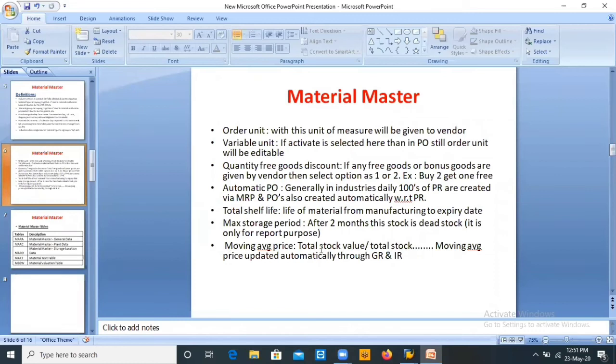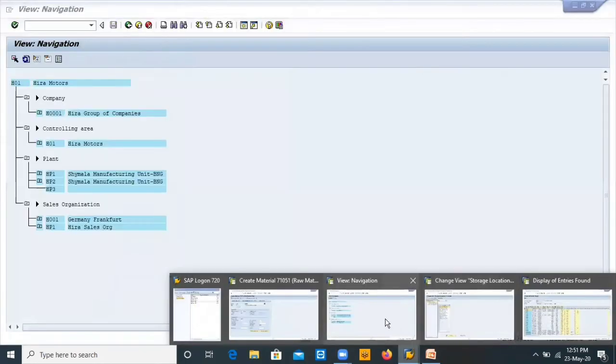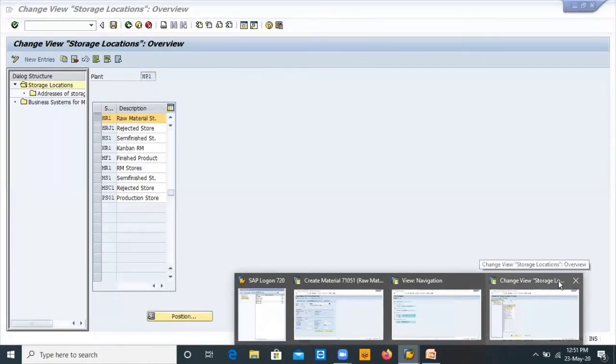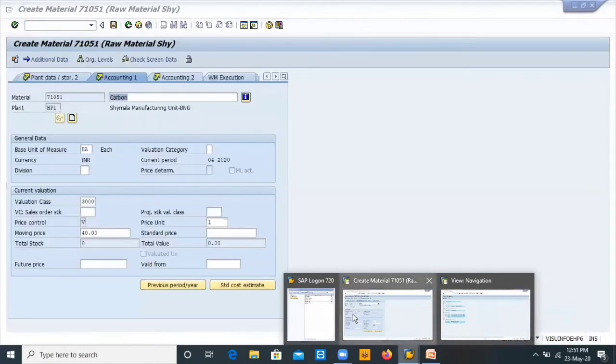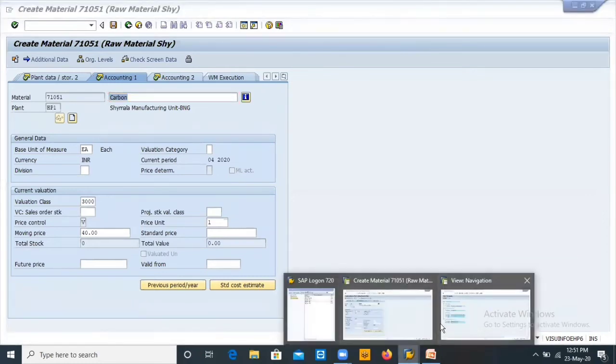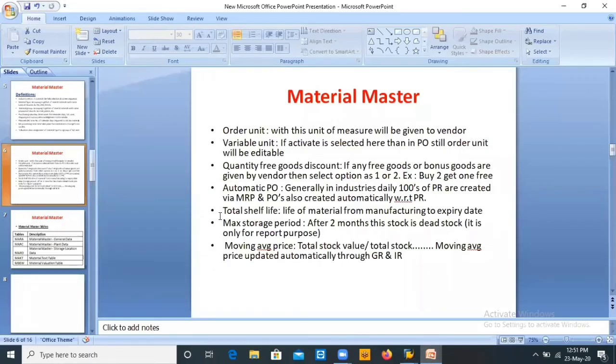Moving average price is total stock value divided by total stock. That is called moving average price. These are the definitions.